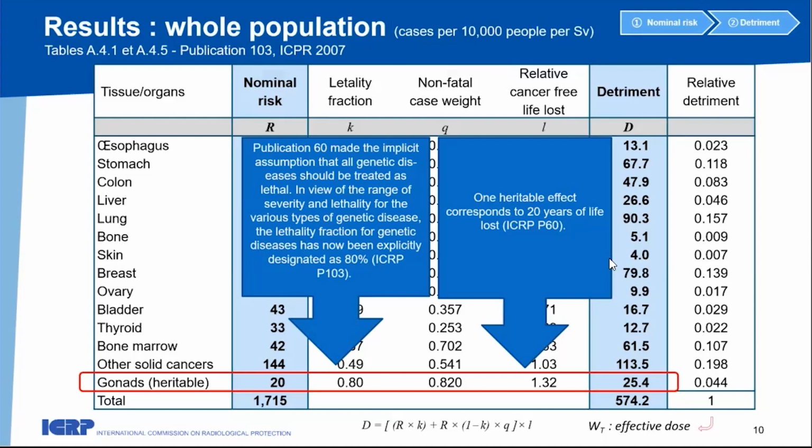How could you reach only one value for all the different types of disease, which are including chronic disease and genetic disease and Mendelian disease and so on? That's really a rough estimate. So the 0.8 is really a rough, an expert advice. And furthermore, it has not been revised since publication 60, so since 1990. This one clearly we don't care because it's not good for cancer, so I don't expect it can be good for heritable effects, and